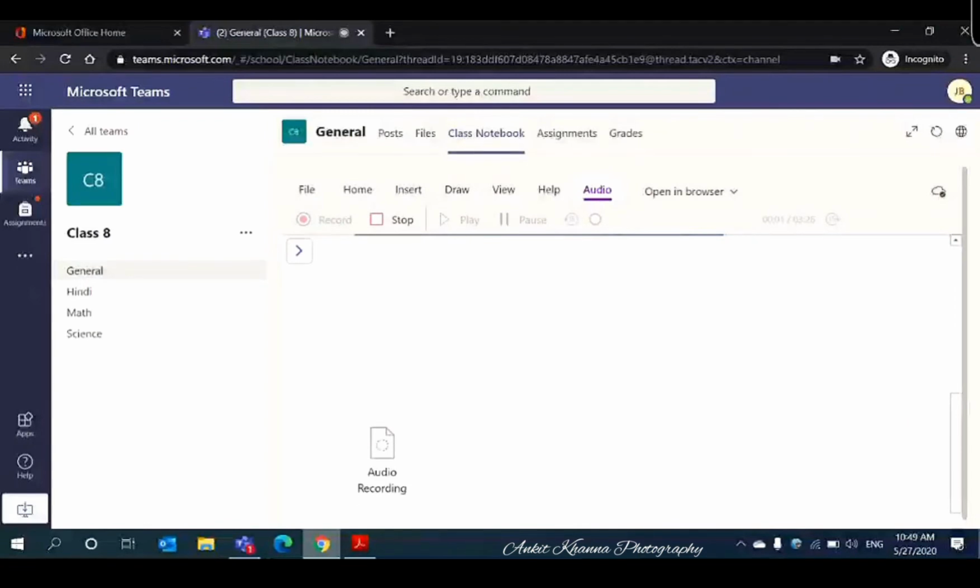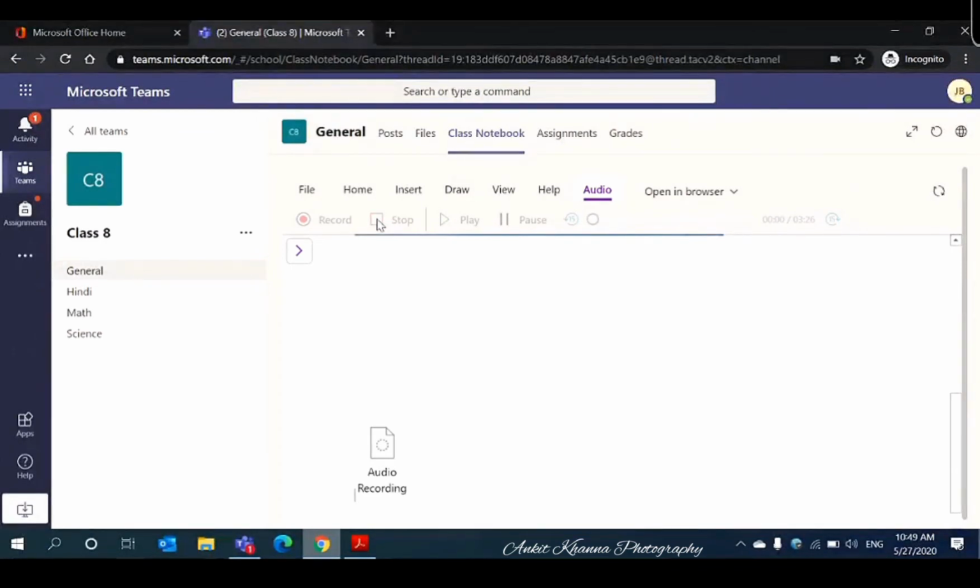So now it has started recording. So I am just saying it. Dear teacher, please help me understand Antarctica. I really want to explore how this continent is, what culture is there, what different plants, what different animals we can find there. And when I grow up, definitely I want to visit Antarctica once in my life. Please guide me, please help me with the valuable resources if you have, and any written material on the same. And then I can stop.